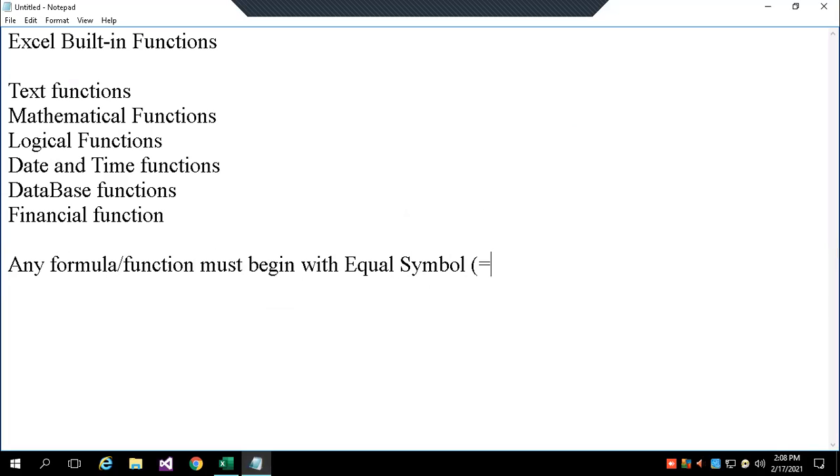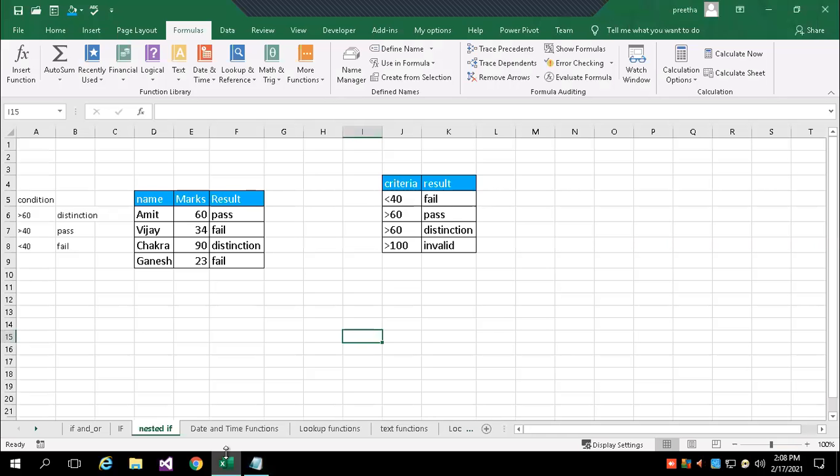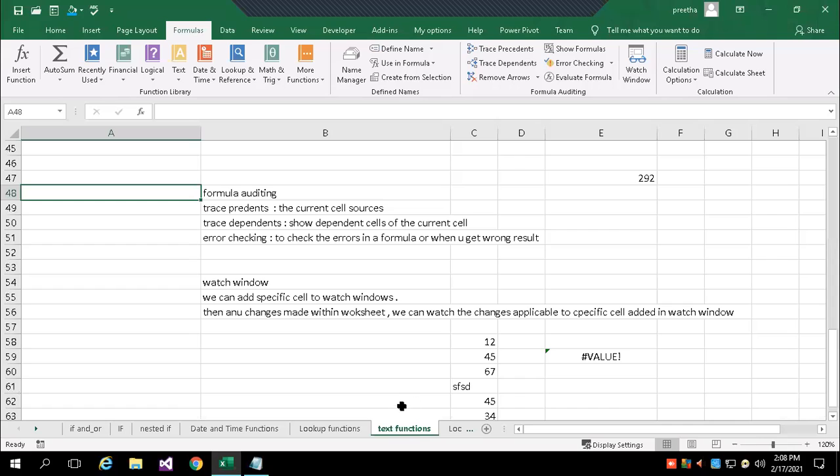So that you don't forget, whenever we start writing any formula or function, we should start with the equal symbol. In that, the first thing we are going to work on is text functions.